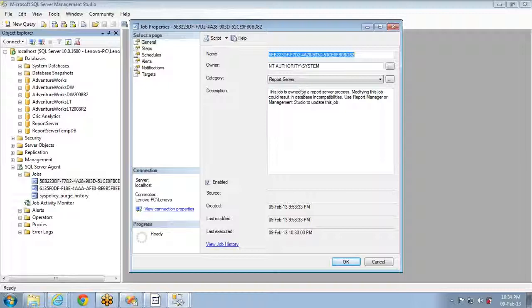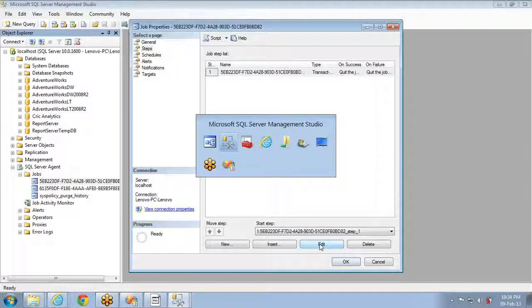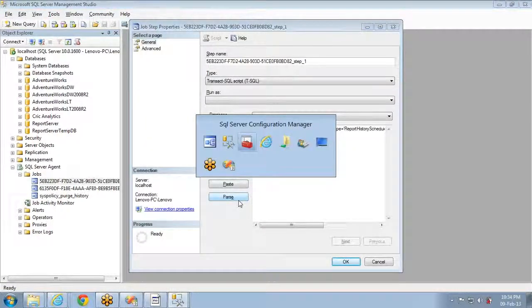You can see this is for report server process. We have created a report schedule, right? That is the same. So let me edit this and show you. It will do some job triggering, scheduling part. So this SQL Server agent should be running always, or else you cannot do anything in SSRS. I can say subscriptions and schedules part.